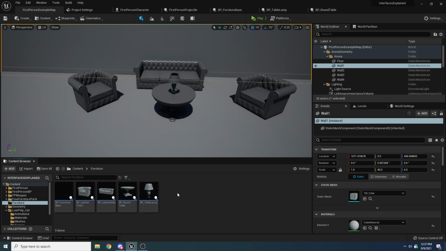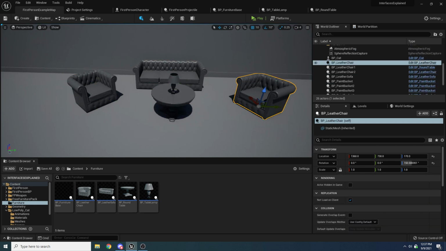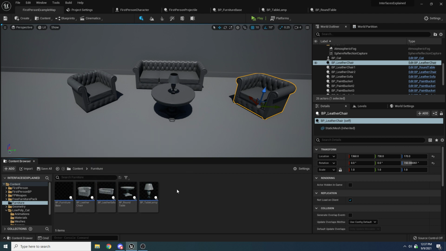So you can see what I've done here is I have my 4 different furniture items. I have my table, my lamp, my couch, and my side chairs here. And you can see each one of those is down here as its own blueprint. And then each one of these blueprints derives from BP furniture base, right? So if you don't know what derive means, I'll try to kind of explain this very, very quickly because it's not really the point of this tutorial. But in Unreal, or in a lot of programming languages, there's a concept of inheritance, and